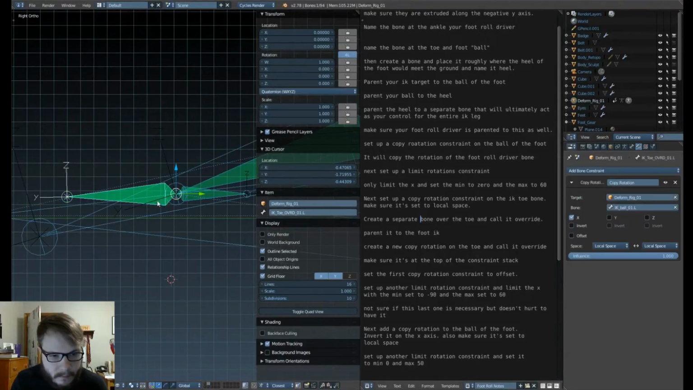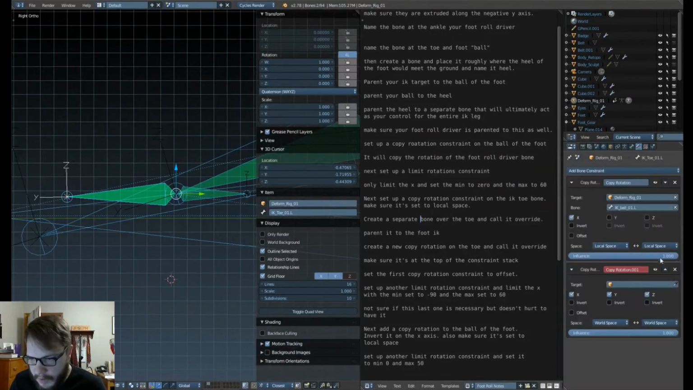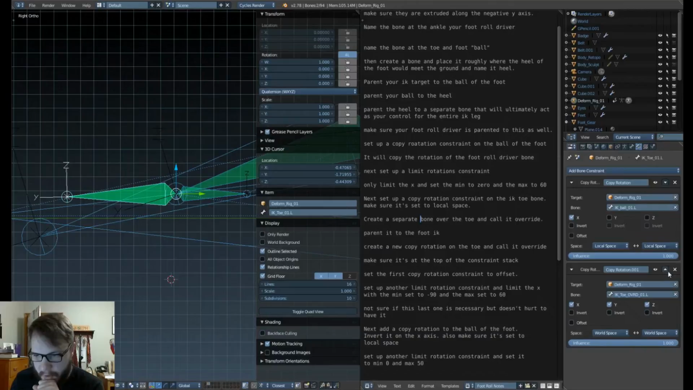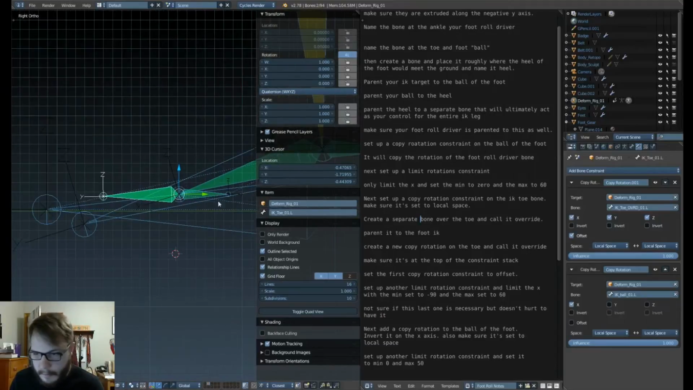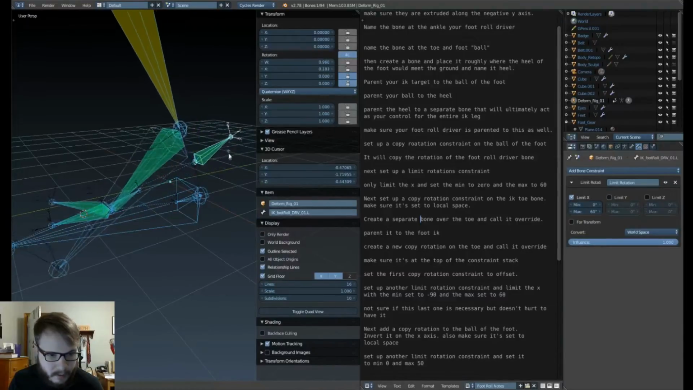And so with that selected, let's go ahead and select the toe and create a copy rotations constraint. Be sure to use the shortcut and move that to the top of the stack, and then set this to offset. Make sure this is set to local space. Sorry, this isn't set to offset. This needs to be set to offset. And then maybe this doesn't need to be local space anymore. Okay. So basically what that bone is going to do is, even if we're